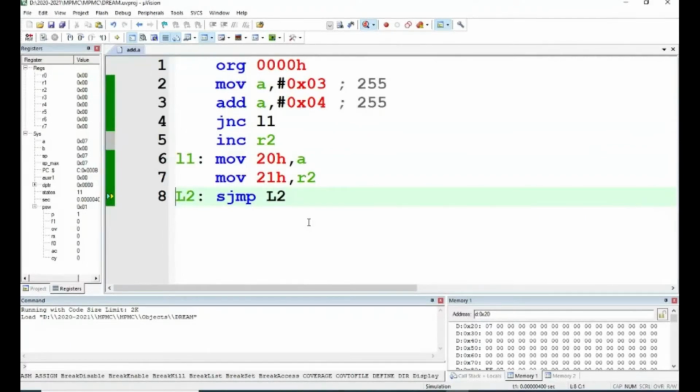In an individual byte in the data memory, what is happening? In an individual byte in the register, what is happening? In the register, how does data move? Up to that level, we are able to see if we go for any assembly language programming and machine language programming, by looking at the corresponding register window and the corresponding disassembly window. So that is the beauty of doing assembly language programming and machine language programming.